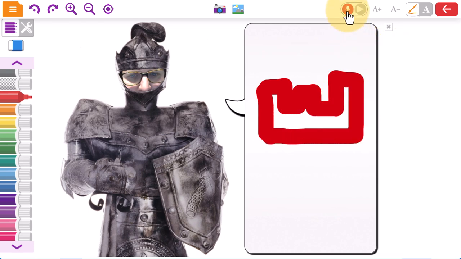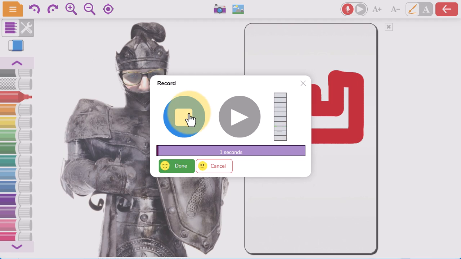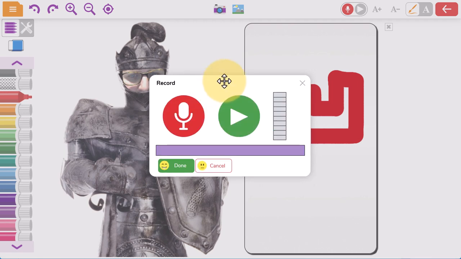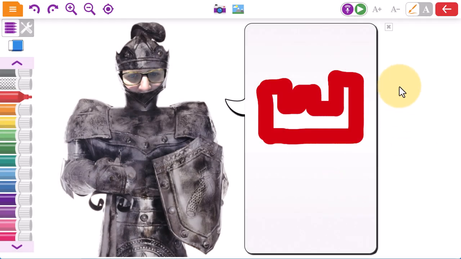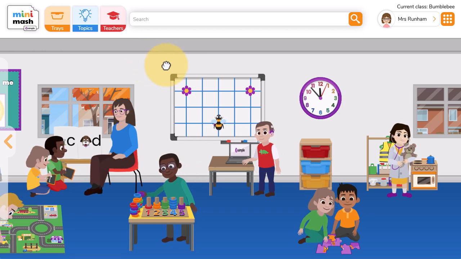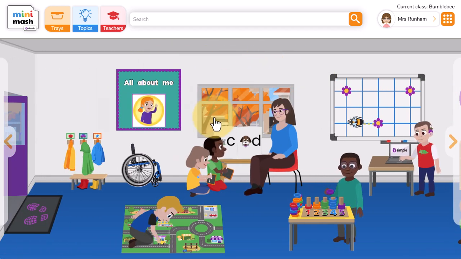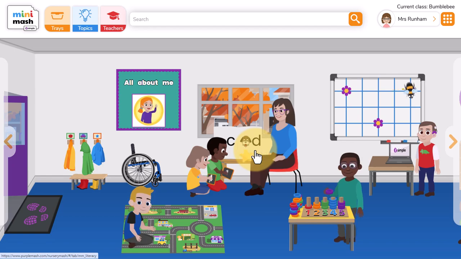They can also record audio. I am the knight that guards the castle. It's a lovely way to use technology to engage children with a theme, and they love hearing themselves played back. Multimedia can really help bring a theme to life, and if we go into Reading and writing,